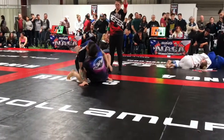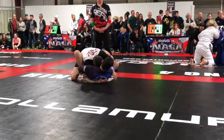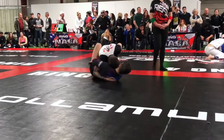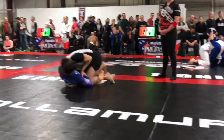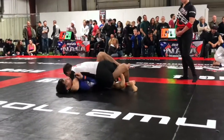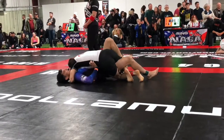So now I'm concerned with his left leg and his left instep. If he shoots that through, he can reap my leg and go for a heel hook, and these guys were very keen on doing that. So I go chest to chest, I get nice and deep into the half guard position, and I immediately figure four my legs because his team is calling for the lockdown position, which can really stretch me out and inhibit